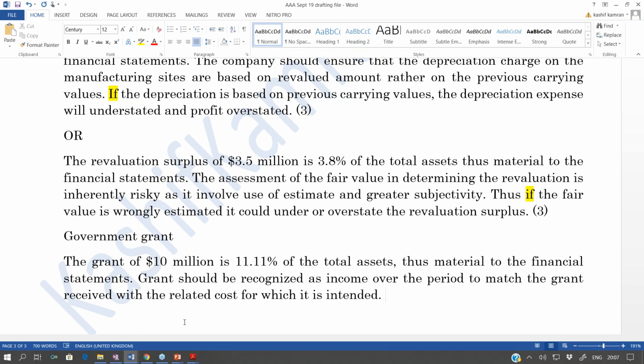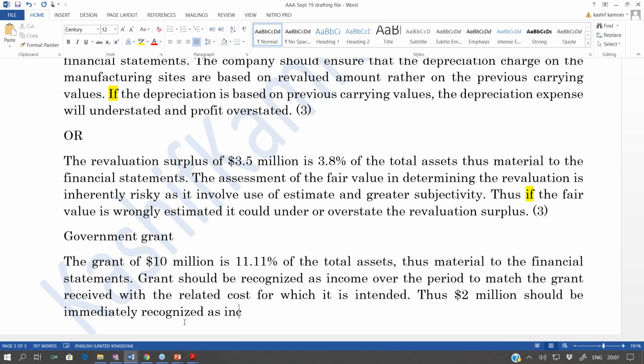And for the remaining $8 million, the related cost will be incurred over the next 5 years, right? Over the next 5 years. So should I defer it over the next 5 years? No, there is no need to calculate the materiality of 2 and 8. You're just calculating the materiality of the overall figure, which is 10. So next, after the full stop, I will say, thus $2 million should be immediately